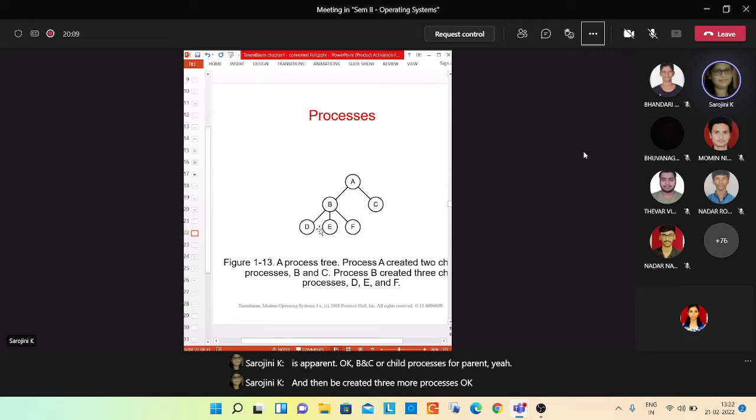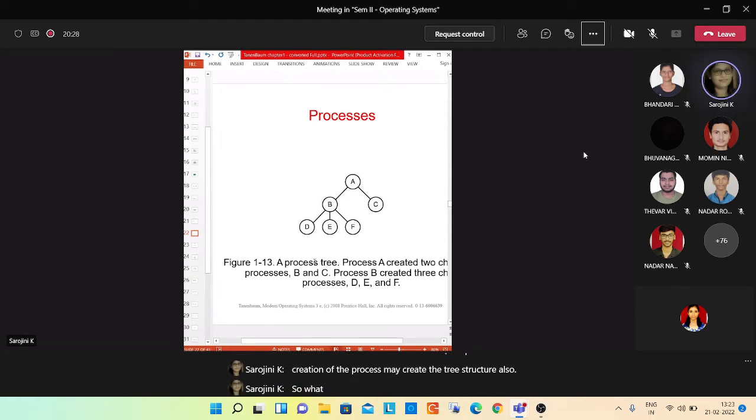Now D, E, F are children of process B. So now B is a parent for these three children. Like this, the parent-child creation of processes may create a tree structure.